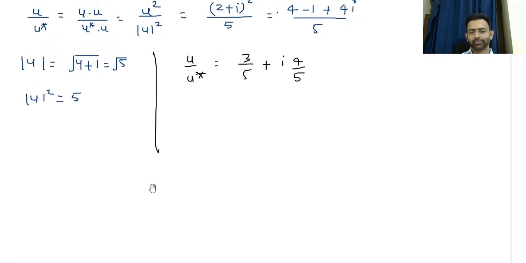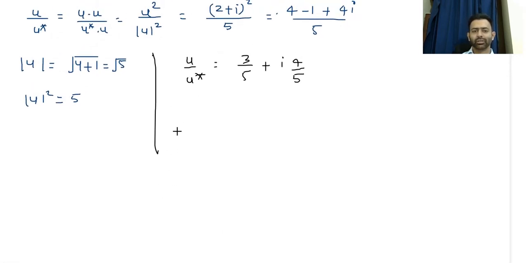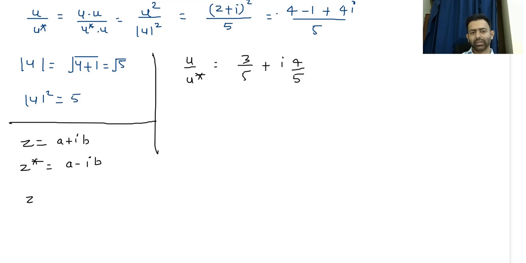Before proving this, if I talk about any complex number z of the type a plus ib, and its conjugate is a minus ib, and z by z bar, if I'm talking about the argument of this, just remember that it can be proved that argument of z by z bar is argument of z minus argument of z conjugate, and argument of z conjugate is negative of argument of z, right, because in the complex plane, if you plot this,